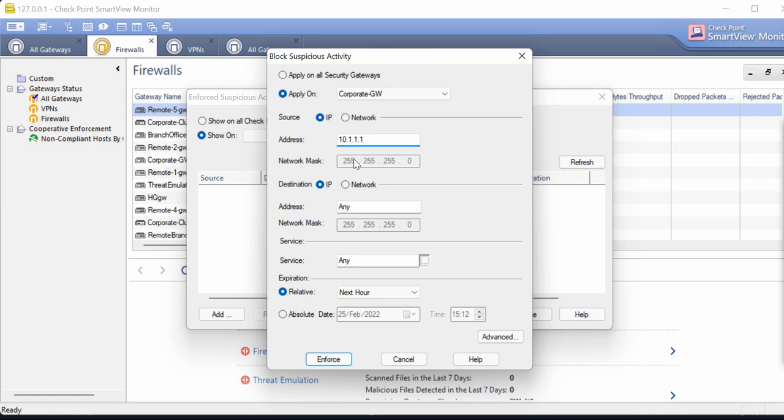What is the subnet mask of that IP address? It's by default taking 24. If you click on the subnet network, you have the flexibility to change that subnet IP address. Then here, what is the destination? For example, this IP address is going to any destination using